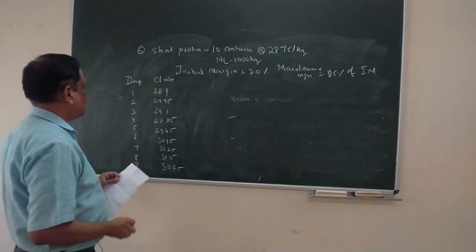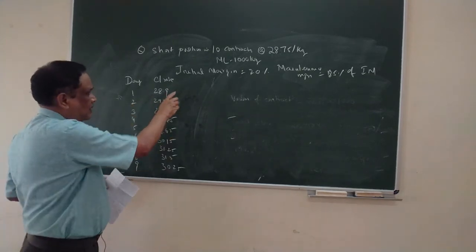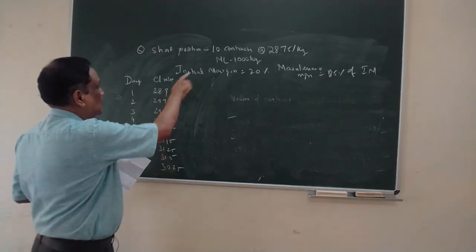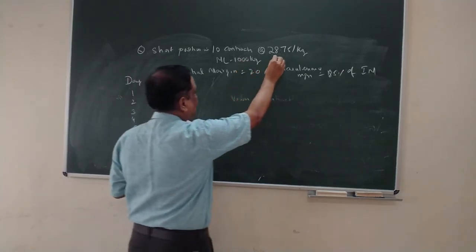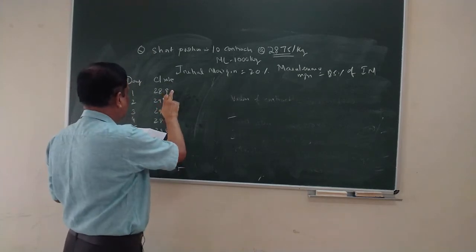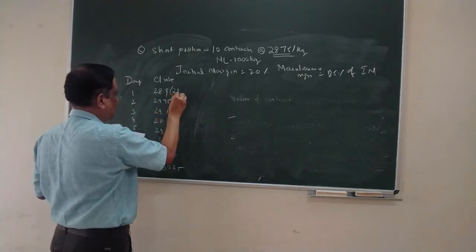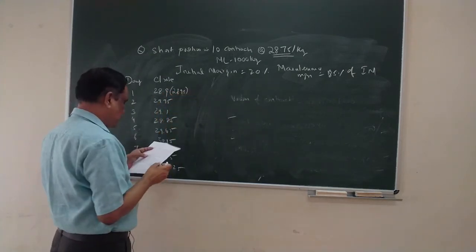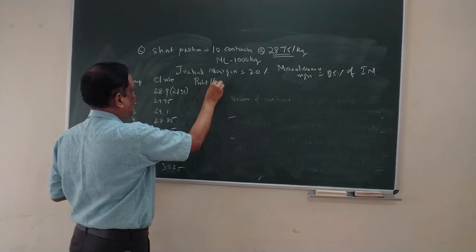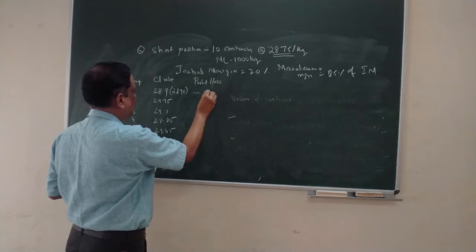So they are given closing dates. Every day the closing rate will be given. Based on the closing rate, the MTM will be calculated. So the investor has taken position at 28.75. Closing rate is given. So the beginning rate you can write as 28.75 in bracket, so that you can calculate. Now you can calculate profit or loss. That will be, in points, minus 0.15.